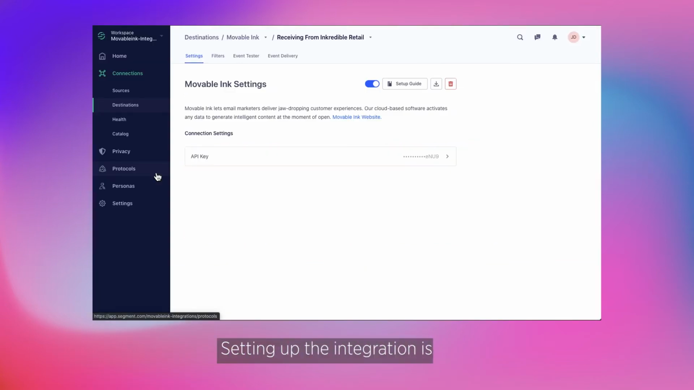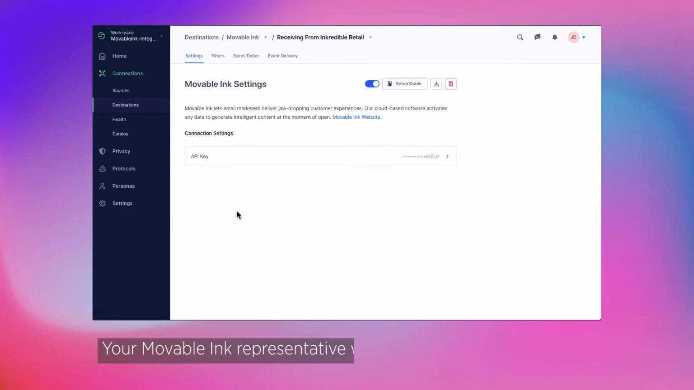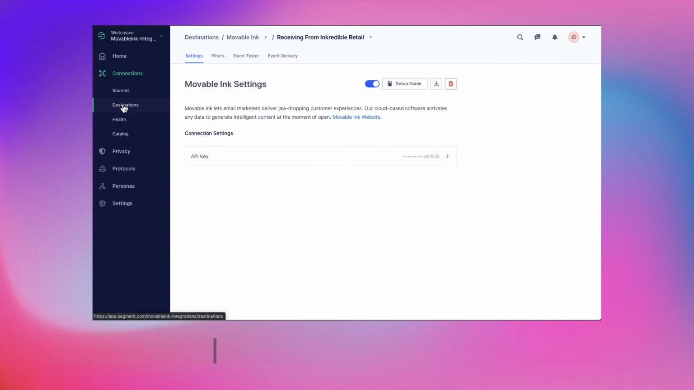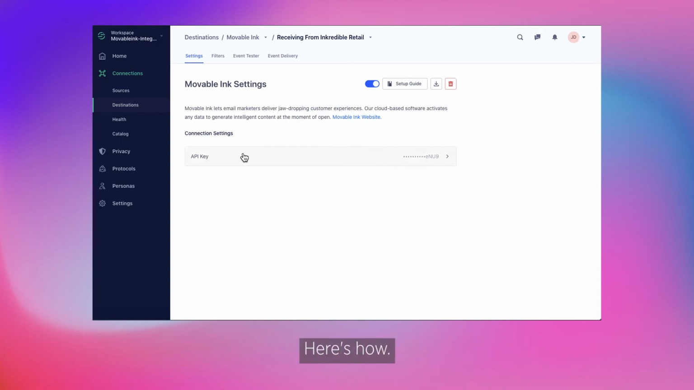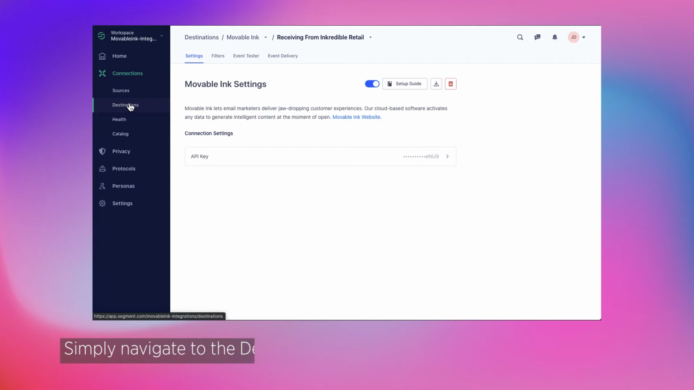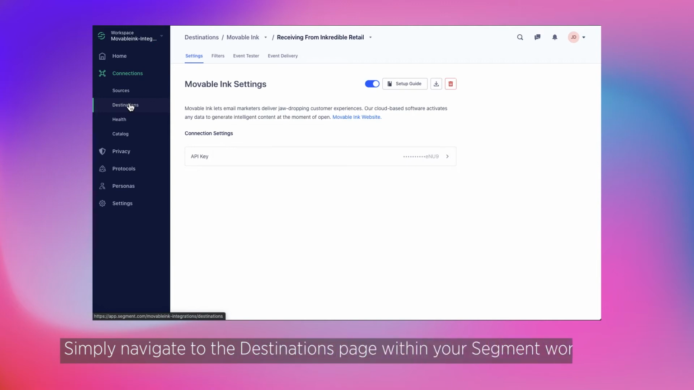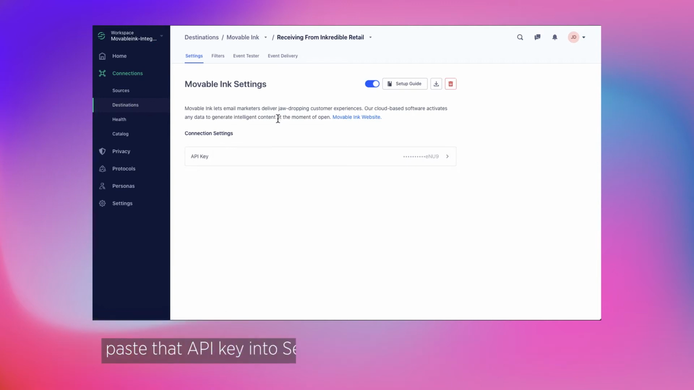Setting up the integration is easy. Your Movable Ink representative will provide you with an API key that is specific to your MI account. You will need to input this key in Segment to activate the integration. Here's how. Simply navigate to the destinations page within your Segment workspace, paste the API key into Segment, and turn